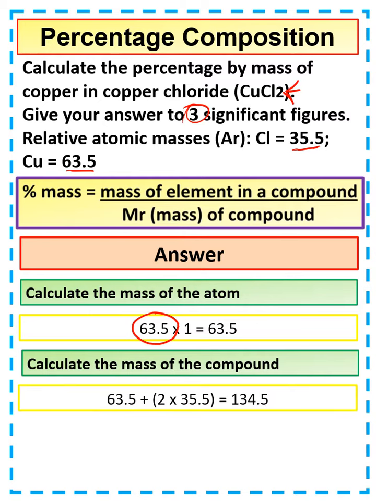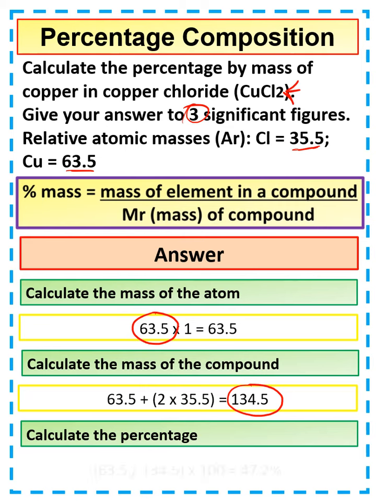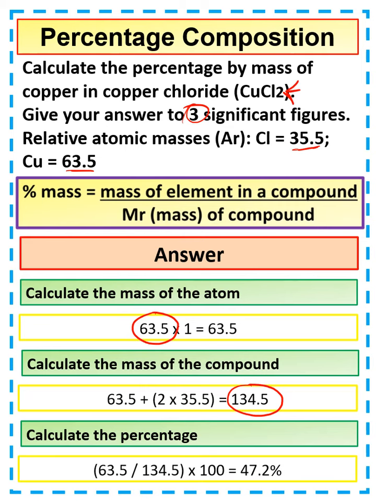We then need to go and work out the mass of the compound. So we're going to have 63.5 plus 2 times 35.5 to give us a total mass of 134.5. Then finally, we're going to do that 63.5 divided by the total mass, and then turn it into a percentage. We're going to times it by 100 to give us 47.2. Right, so if you follow this method every time, you should get this type of question right in the